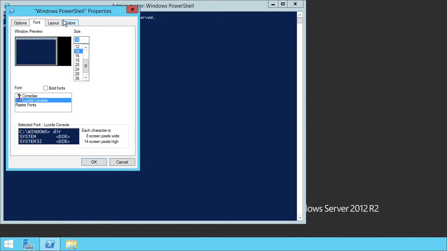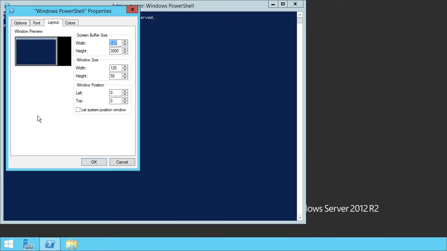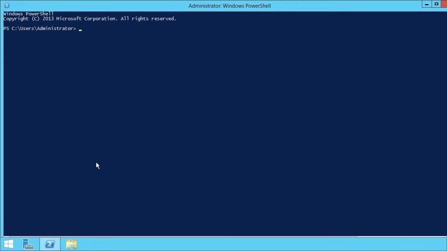The next thing is the Layout tab. With the Layout tab, this can be tricky to identify what screen size you need, because you can't just drag and drop the size of this window to increase it. So you need to actually modify the window size in the properties. My favorite way of handling this is going under the window size and typing numbers until it looks like you're filling the whole screen. And you'll notice when I change the window size width, it also changes the screen buffer size width. We're going to go ahead and click OK, and you will see that my screen's actually going off